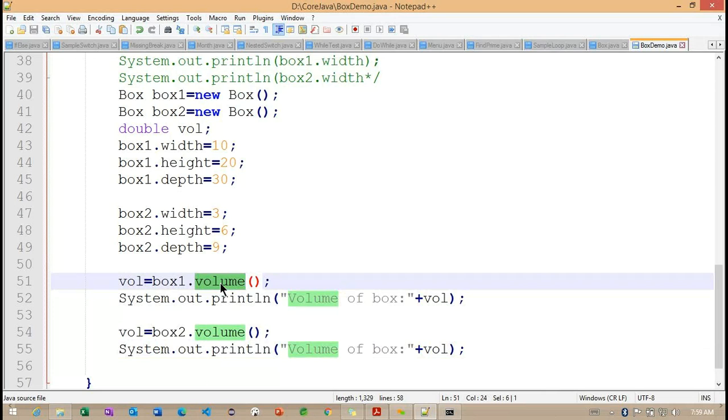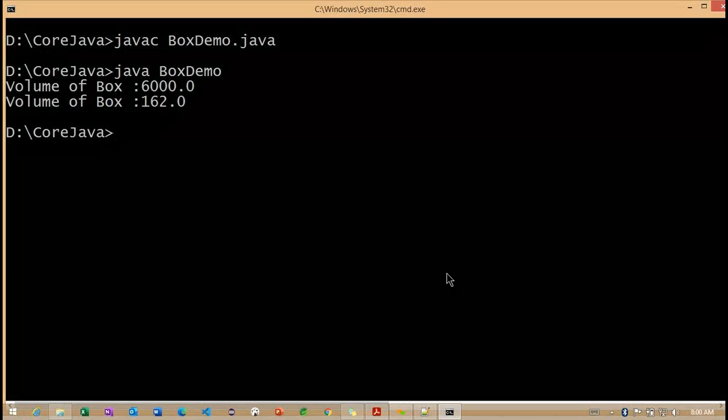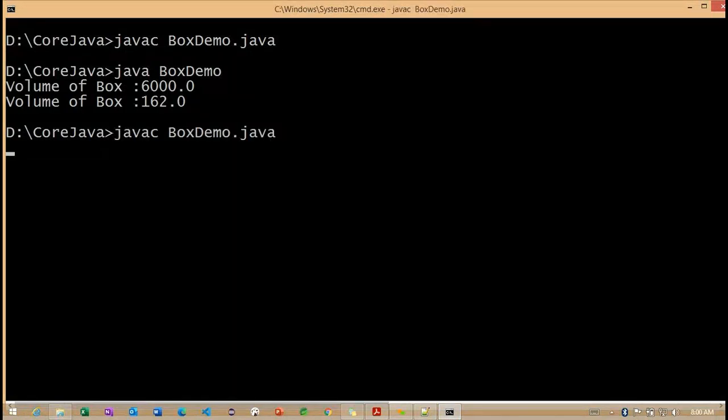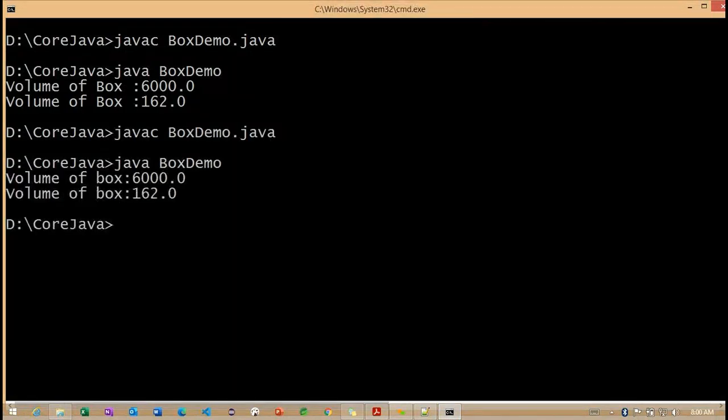So previously, without returning the value, we directly printed within the same class here. But now, with the help of this particular return value, we are trying to handle it inside this particular main method. So we are going to print the same example here. Java CBox demo.java, and execute here. The same output we are getting here.